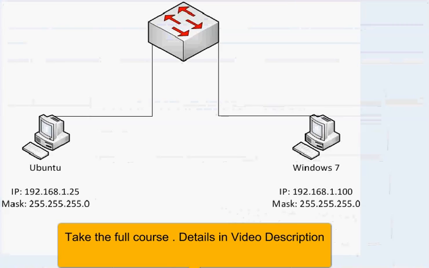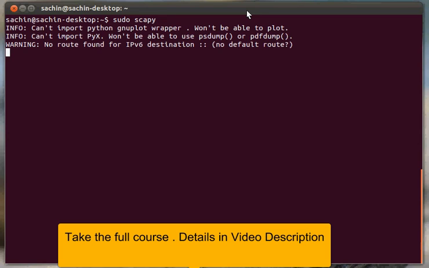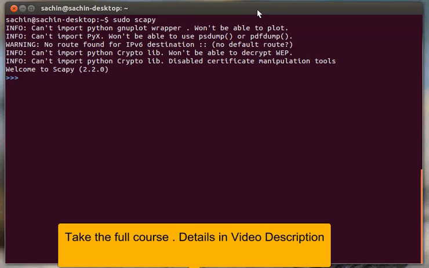Now we go to the Ubuntu system and start Scapy. Now to craft a ping packet, we would need to have an ICMP header which will have the type value as 8 and the code value as 0. Along with that, the ICMP header has to be appended with an IP header which should have the source IP address as that of the Ubuntu system's IP address, which is 192.168.1.25, and the destination IP address as that of the Windows 7 system, which would be